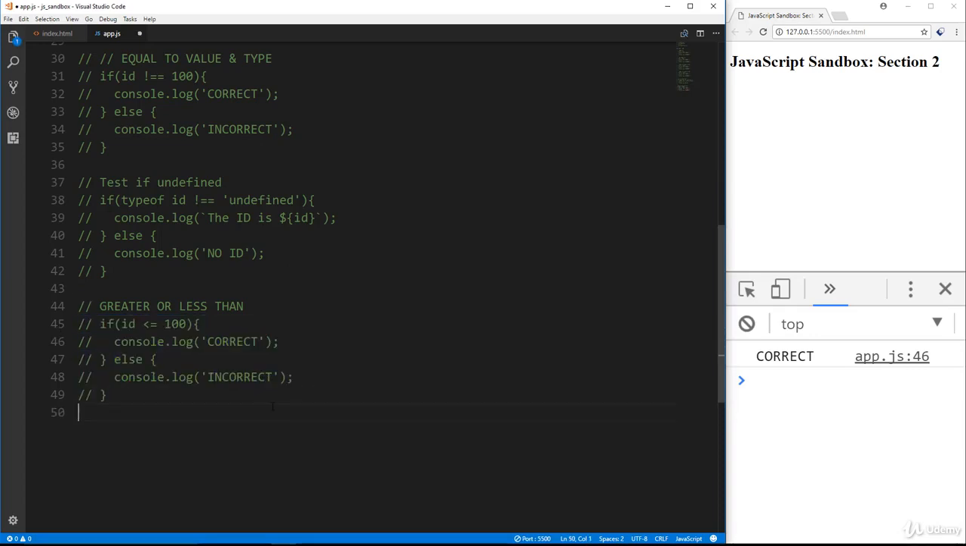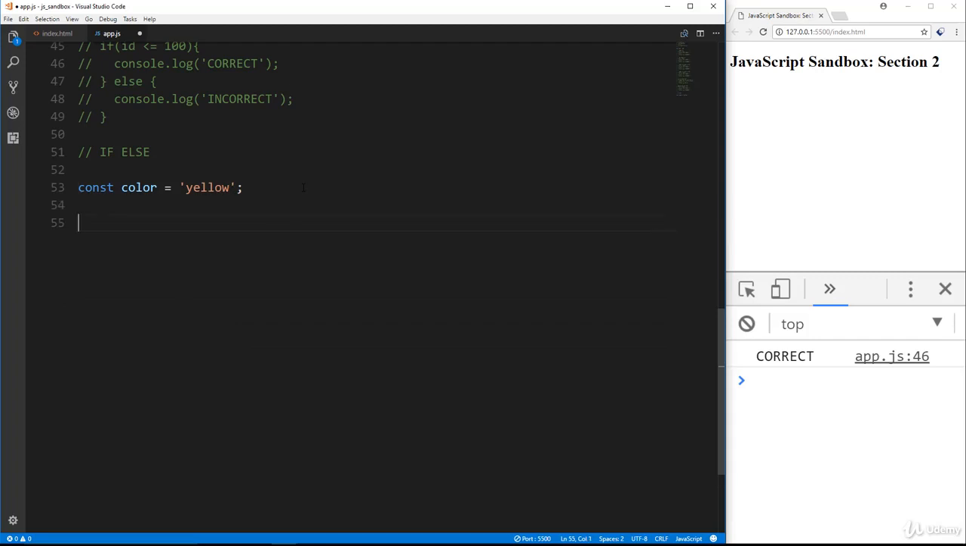Now we're going to take a look at if else. Okay. So basically what I'm going to do here is set a variable, let's call it color, and we'll set it to a string of yellow. All right, and then I'm going to put an if here, and I'm going to say if color is equal to red. Actually, let's set it to red first. So we'll say if it's equal to red, then let's console.log